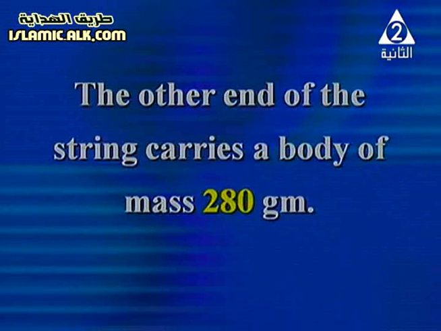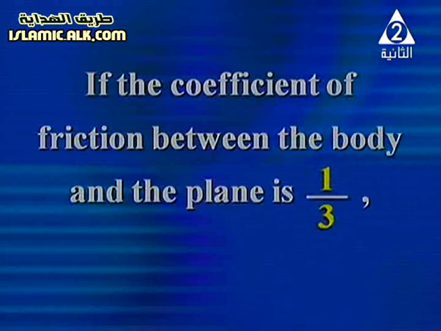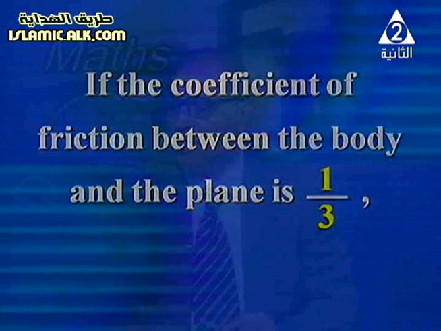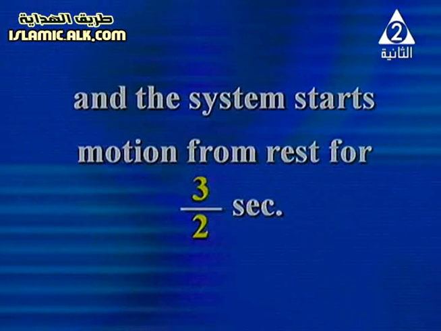The other end of the string carries a body of mass 280 gram. If the coefficient of friction between the body and the plane is one third, and the system starts motion from rest for 3 over 2 seconds,